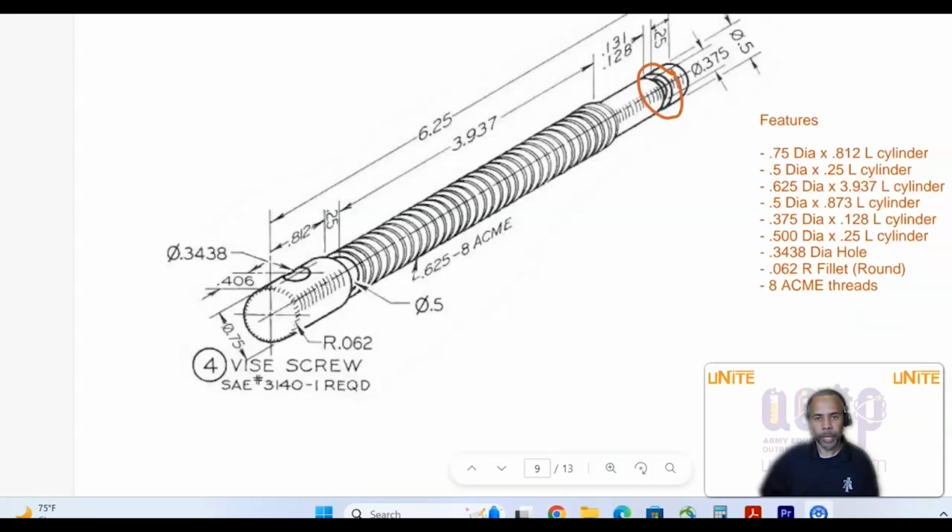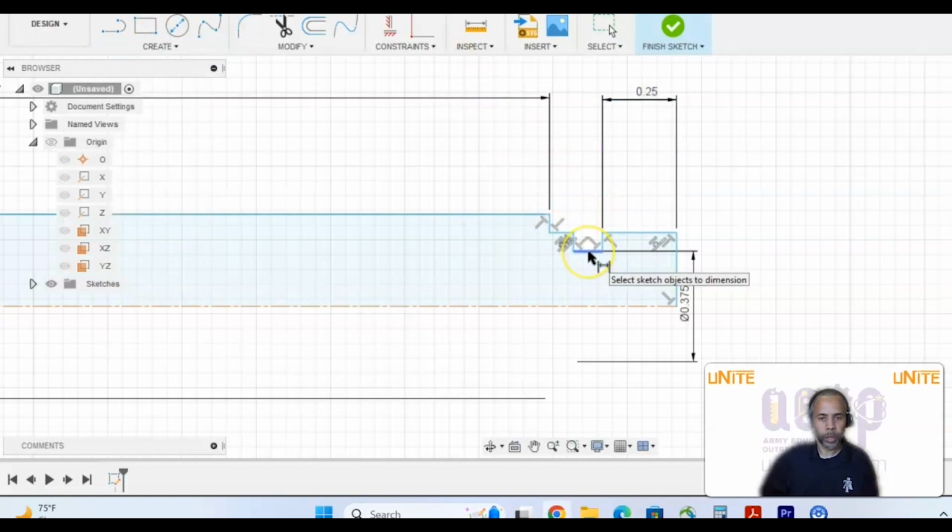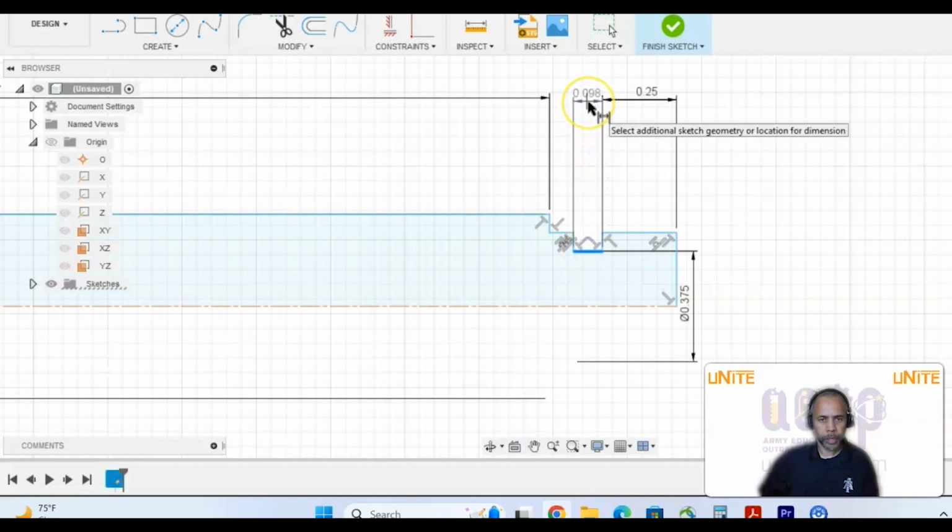Here is what is called a limit dimension. And so in this case, what we would do is we'll use the larger number of 0.3131. So we'll click on this line here, pull this dimension up, and put in 0.131,